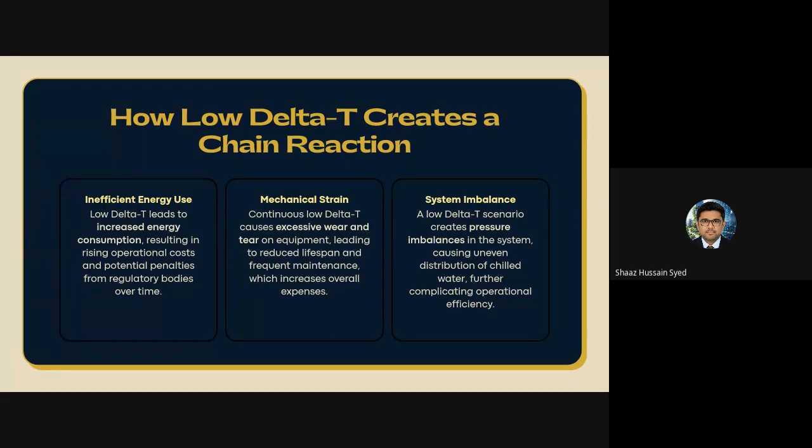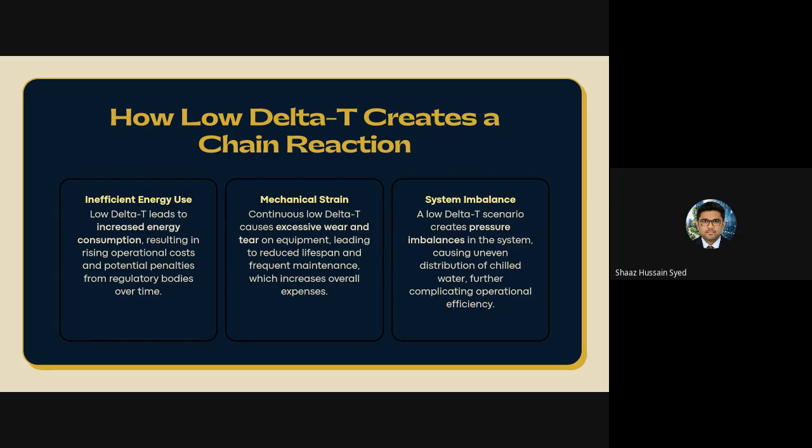This is exactly what happens in buildings too. Cold water enters your AHUs and FCUs. There are reasons due to which the coil cannot absorb the heat. Maybe it is a design issue, maybe an installation issue, maybe an operational issue. The water comes back almost as cold as it entered the coil. The room will still feel warm when this happens. The valve opens more and gives more chilled water.